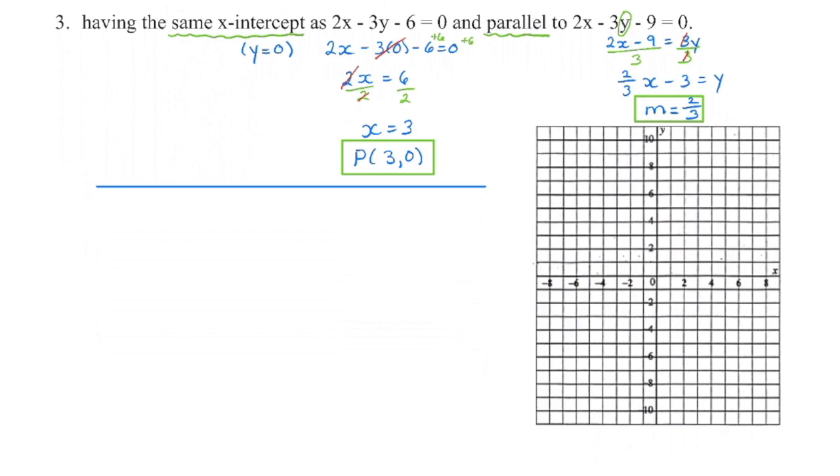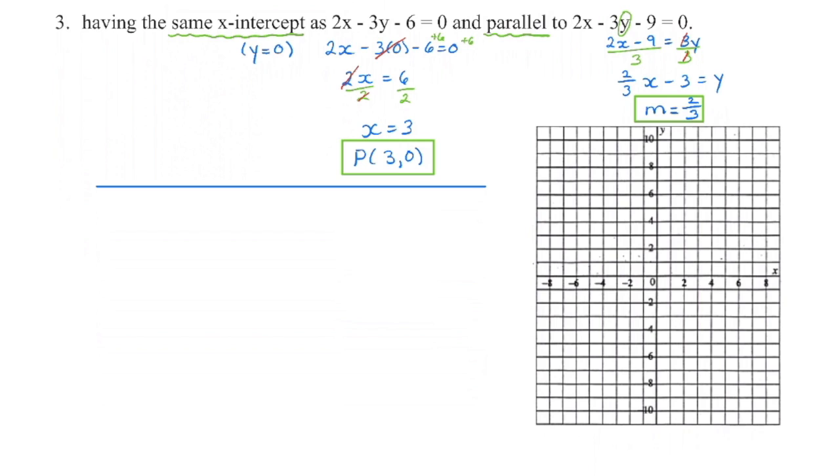Clearly identify what is the point and what is the slope that we are going to use. The x-intercept occurs when y is 0. So I've substituted 0 in and then solved for x. So we're going to use a point of 3, 0. And if my slope is parallel to this line, that tells me the slopes are the same. I'm going to put this into y equals mx plus b form, and then this is the slope. My lines are parallel. Slope on our line is going to be the same. And that's the only piece of information we get from there.